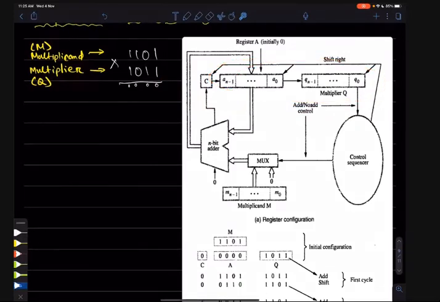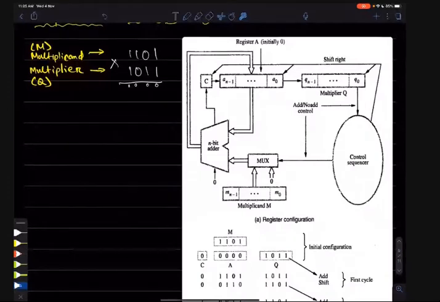And how it will be stored we will see, because you will say that here we are storing the Q value. Then how can we use this register to store our result? Because if we store our result here, then Q values will be overwritten. We will see those things. But currently we have a free register called A, and it is of n bit, in this case 4 bit. So the A register is 4 bit, the M register is 4 bit, the Q register is 4 bit, and the C flip-flop is 1 bit.